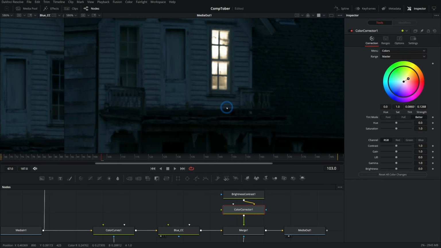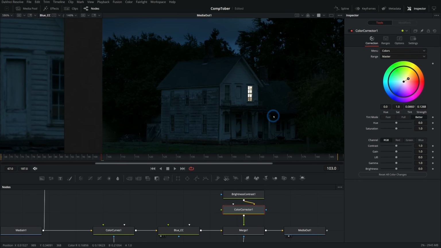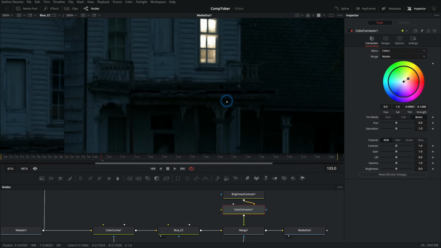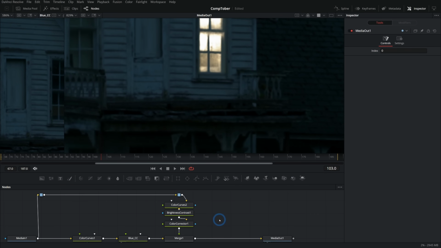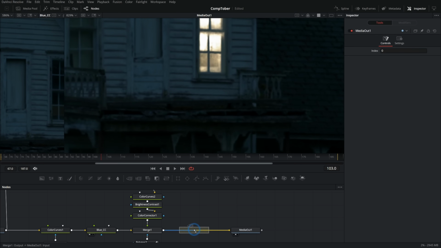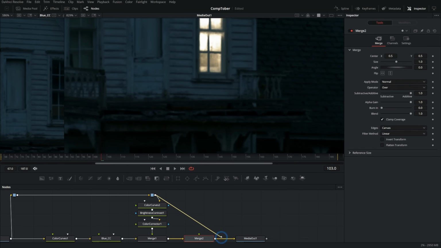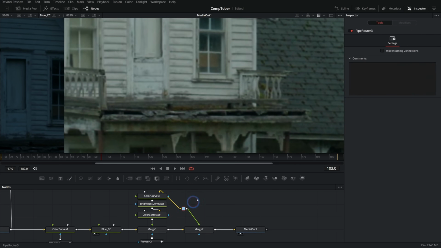That's really cool. We could do some other stuff with this, add a little bit of texture here, like the light falling on the edge of this. This would be a perfect place to use something like Relight, although Relight for some reason doesn't really like this shot. It's not working very well. It's not really making a normal map how you'd think it would. So we're going to do a similar thing. Let's just make a merge here,